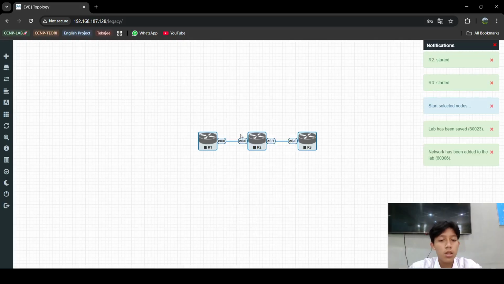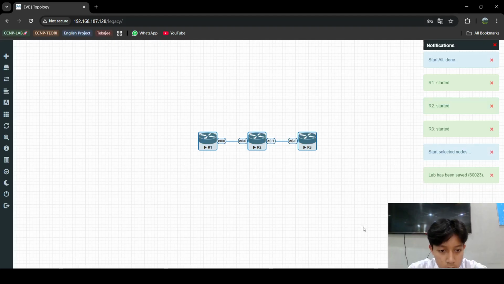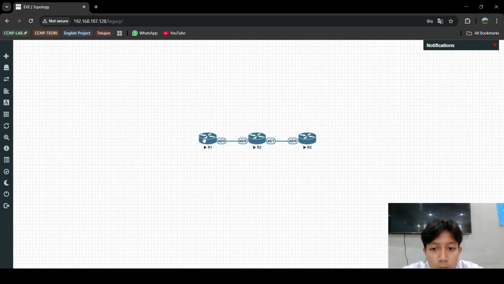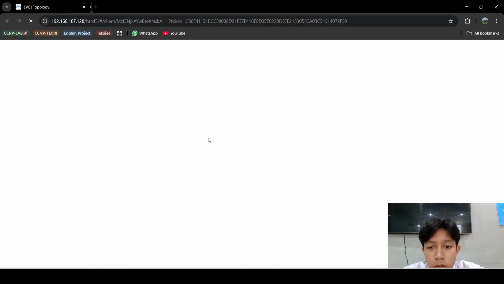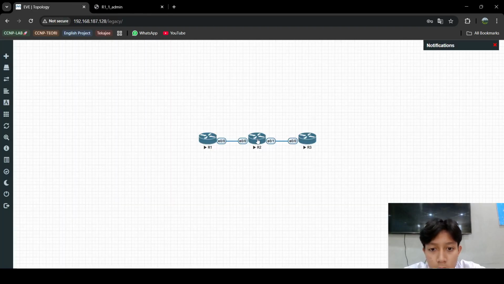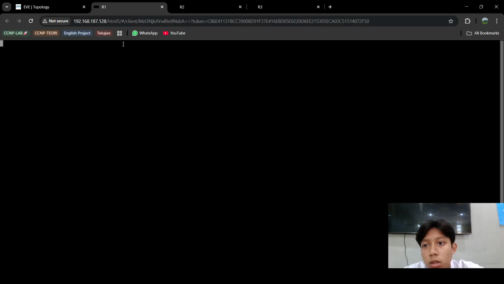If you already added the three routers in here, you can start the routers. Let's start from zero by setting up the IP address on each router. You can enter the terminal of each router by clicking on the routers, and wait until the router is ready to configure.